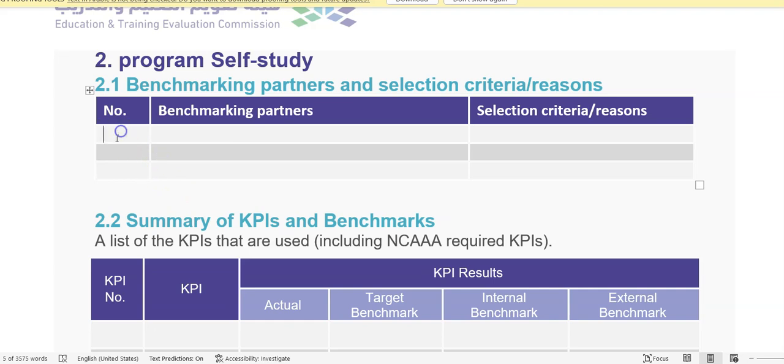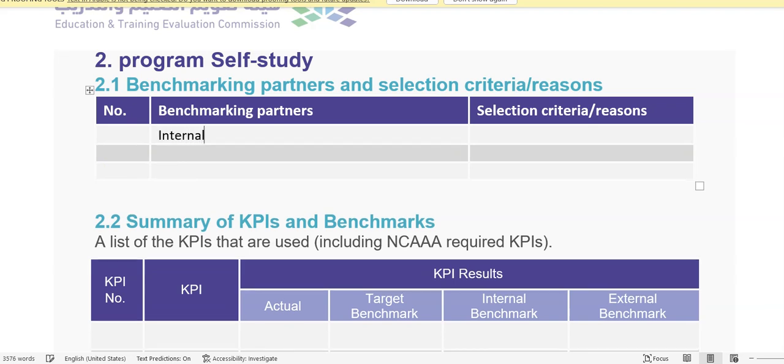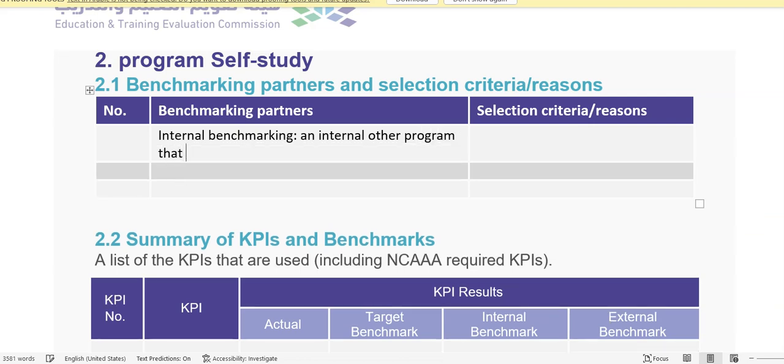Really, for benchmarking, you have internal benchmarking, which is usually another internal program that is similar to yours. Selection criteria, for example,